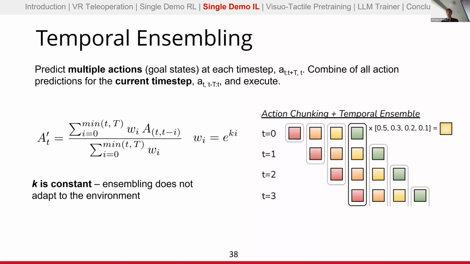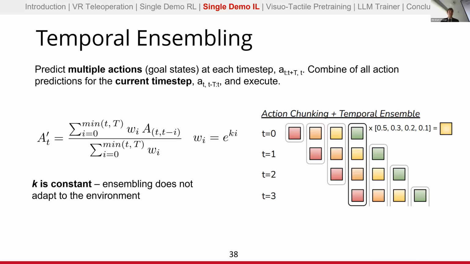So temporal ensembling is used for action chunking transformer. In the base form, what we do is we take multiple actions, because at each time step, we predict a whole sequence of actions with our network. And then we combine all of the predictions for a current time step. Because we're predicting, say, 20 time steps at each time step of inference, that means for every time step we get to, we have 20 previous predictions. So we ensemble them together.